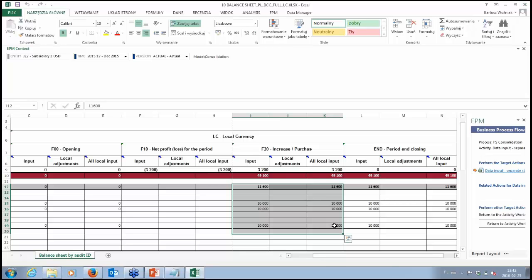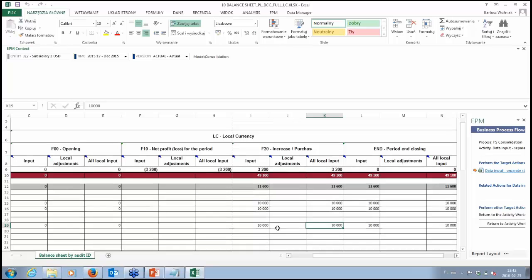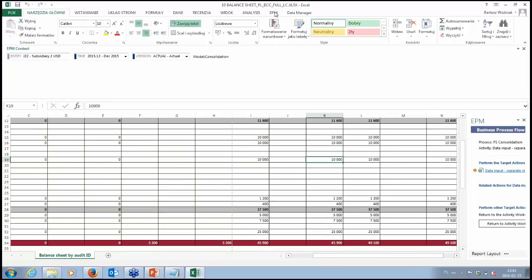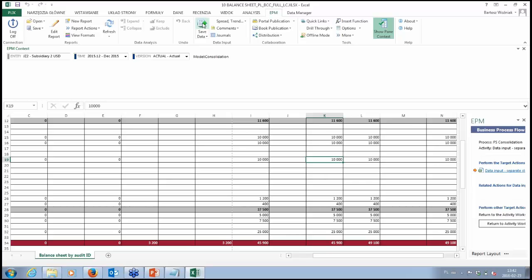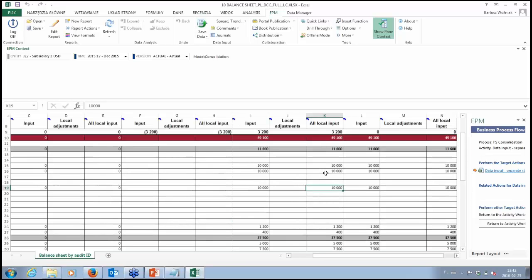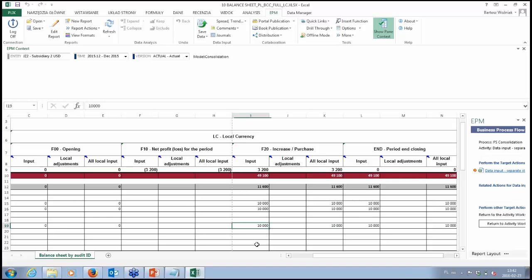So let's assume I have provided these figures manually in this form. Usually I can save it after such changes. Okay, there is no data. Let's assume I can change this one. And this is as simple as you can see. So I can simply add it as an Excel cell.